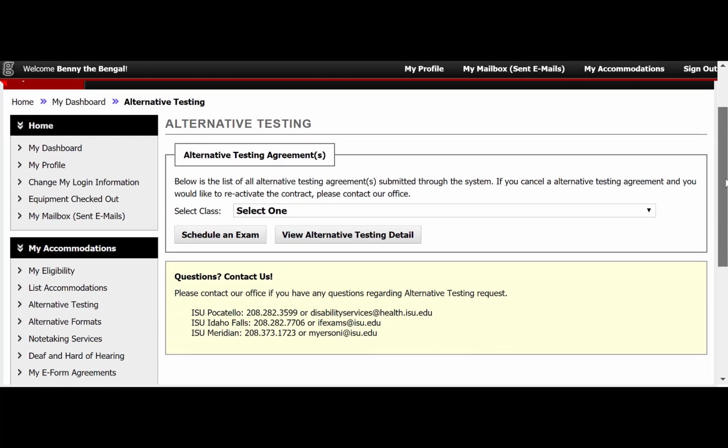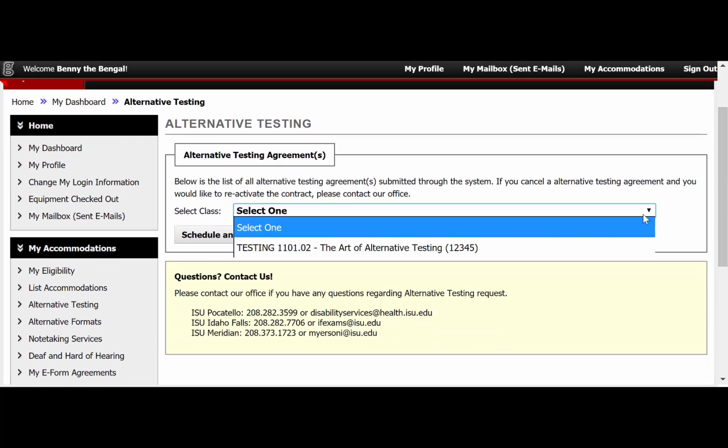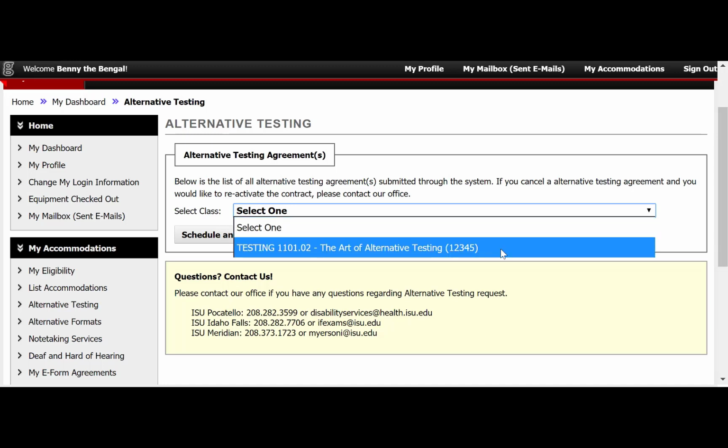Wonderful. Now that you've done that, you can go and look at the alternative testing agreements. You might have more than one. It looks like currently for this semester, I just have the one, and this was something the instructor did beforehand. And now that I am ready to take my exam, I will go in here and actually select the course